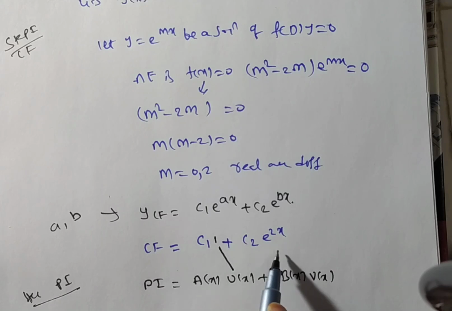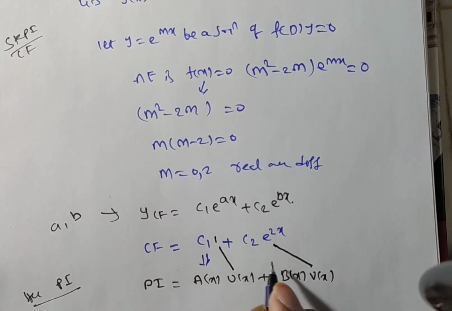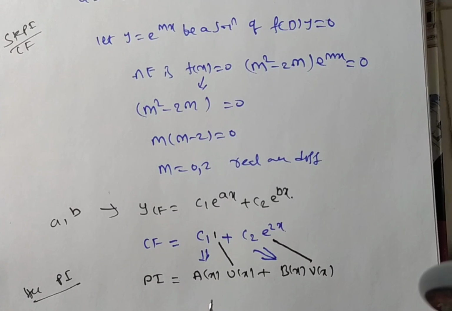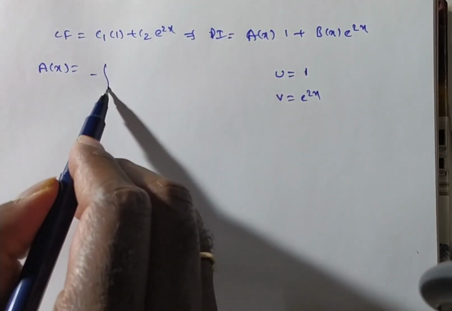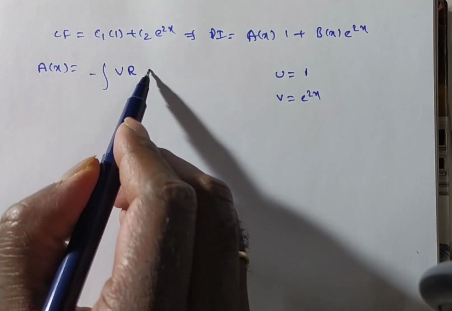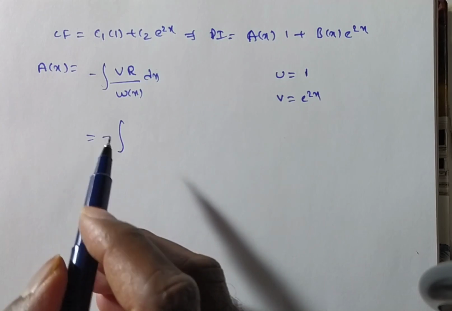v(x) is the C2 coefficient. Now you see, C1 is replaced by A and C2 is replaced by B. So we need to find the values of A(x) and B(x). How do we find A(x) and B(x)? A(x) = −∫ v(x) r(x) dx / W(x). So minus the integral of v(x)